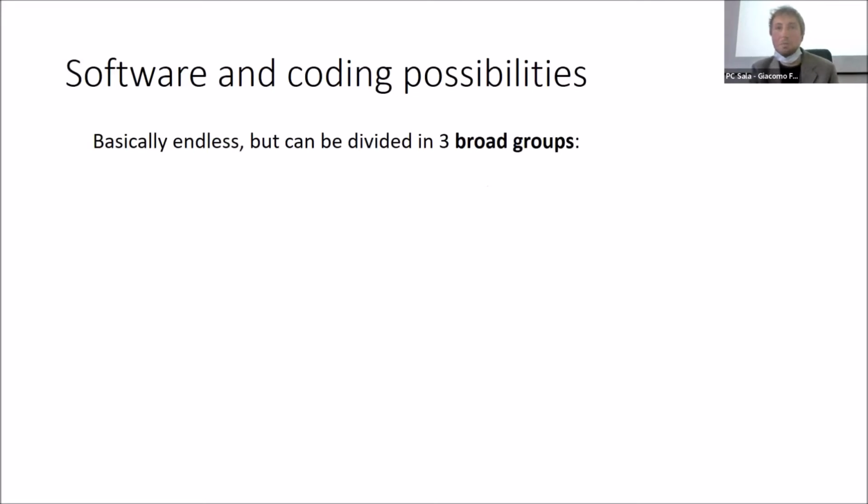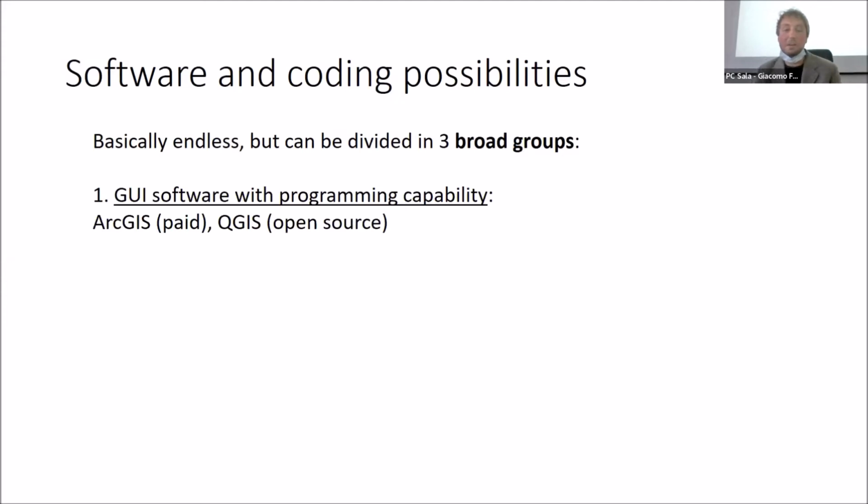But how does one work with spatial data? In my opinion, there are three main types of software and tools to use with spatial data. First, we can have graphical user interface software with maybe some programming capability, but mainly visual. The most common ones are ArcGIS, which is paid software, or QGIS, which is the open source alternative. They are really nice software, by the way, but they have the limit that they are not extremely easily reproducible or